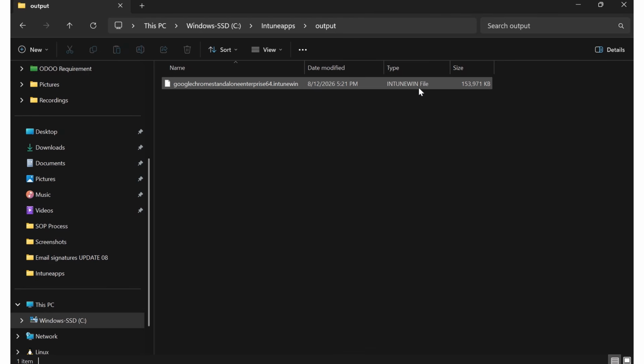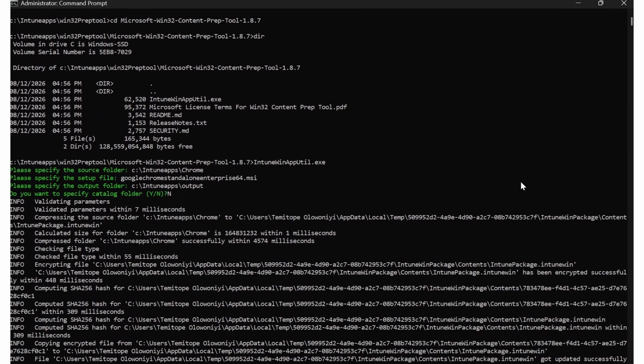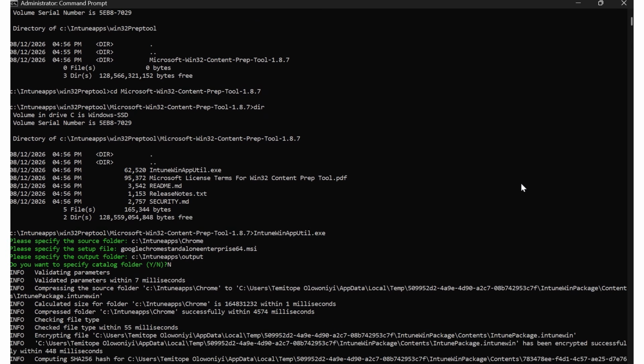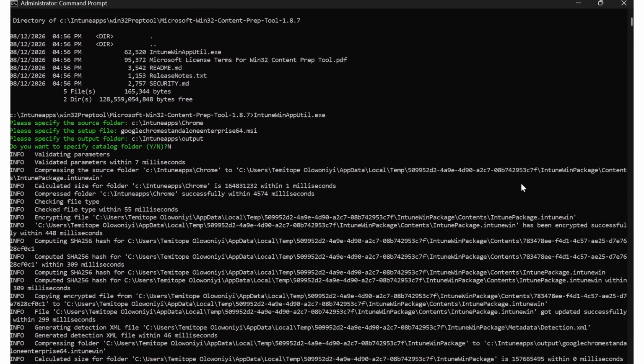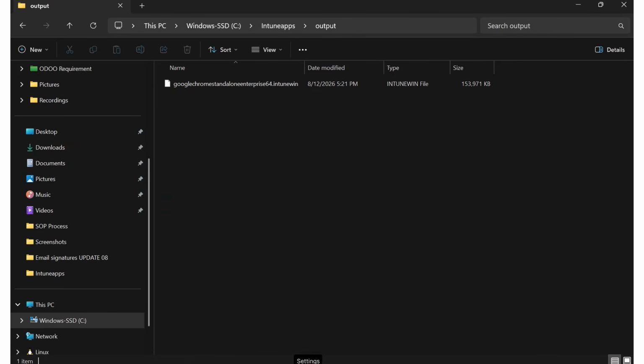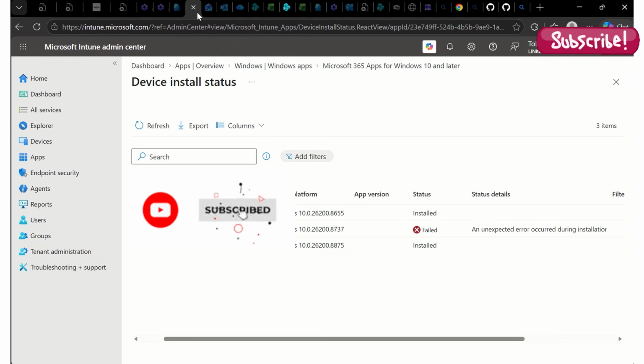So the next thing we're going to do, we're going to add Chrome to Intune. Now if you want to take a snapshot of this code that I did, you can do it as well. I'm just going to go back, and this is it. Although I'm still going to be dropping this in the comment section, so I'll just minimize this and go back to Intune. So let's go back to our Edge browser, then our Intune, right? So now we are in our Intune,